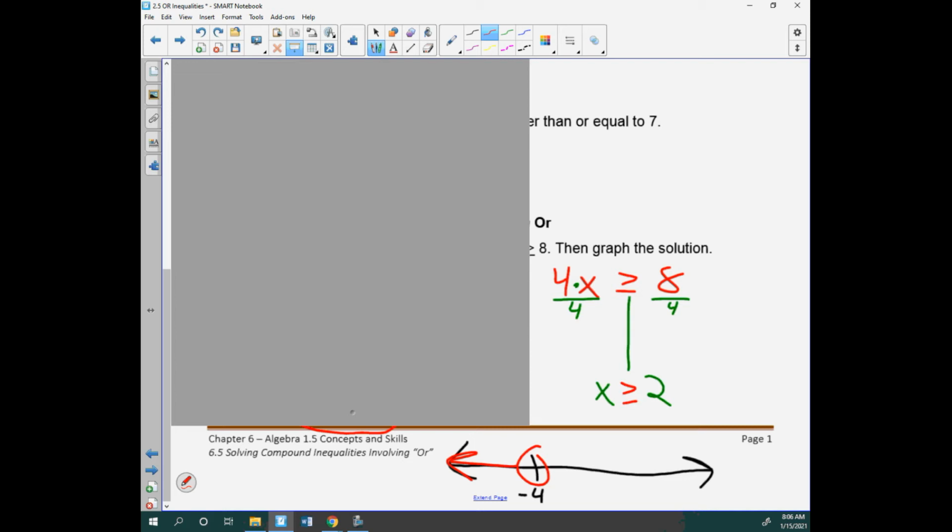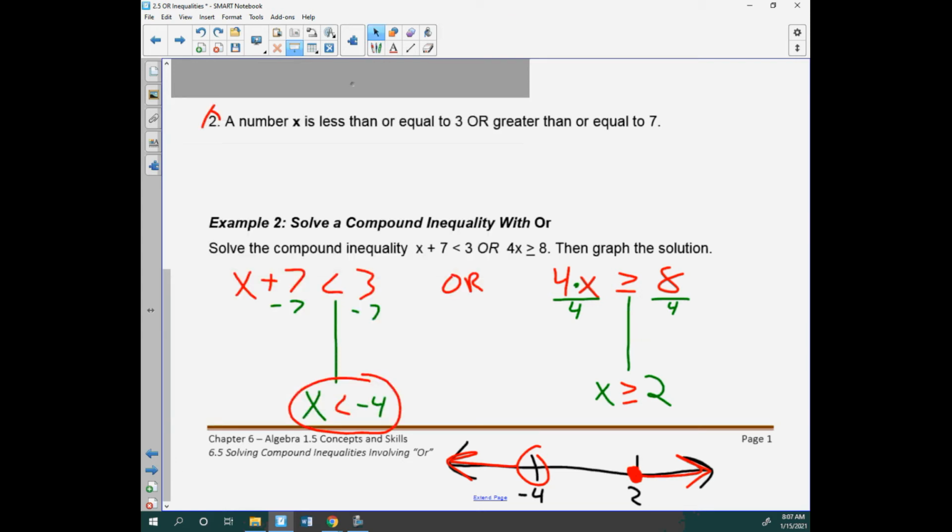Sign stays the same. So then therefore, on my graph, it's going to look kind of the same, right? This one has a closed circle because of the "or equal to," but x is bigger than or equal to 2. And that is my full graph right there, okay? So you look at the whole problem from the start,